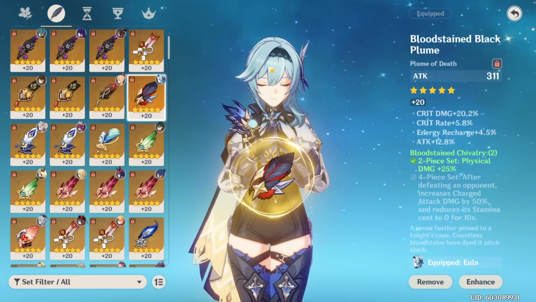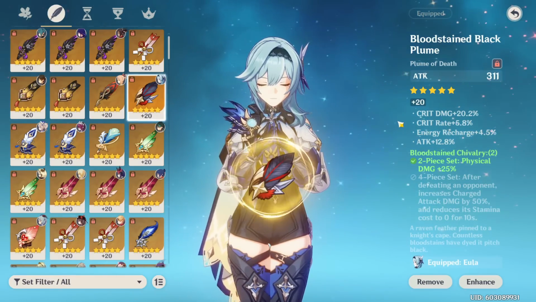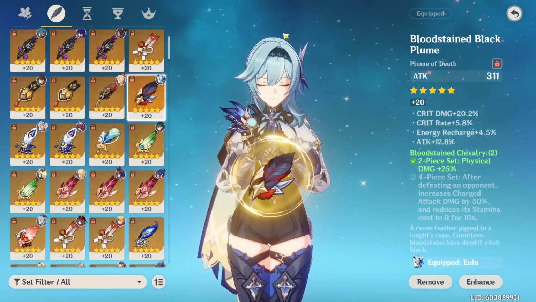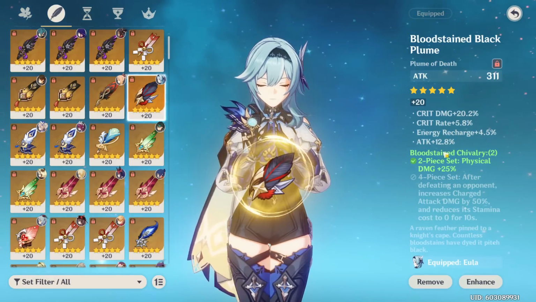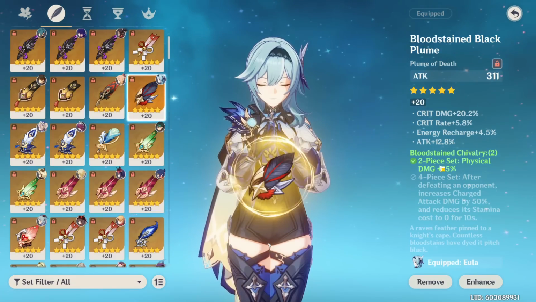This isn't the most consistent build, but it is actually a viable strategy for clearing things like 12-3, or even for speedrunning if you want your burst to just deal as much damage as possible. In general though, crit rate, crit damage, attack percent, and energy recharge are the 4 stats you're looking for. The number one priority though, for a character like Eula who has a high energy cost burst, is going for